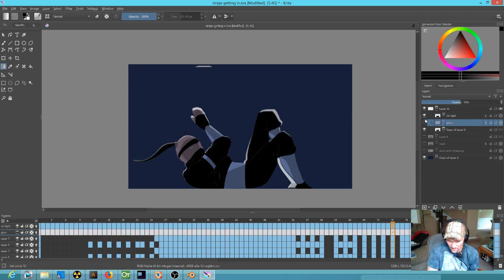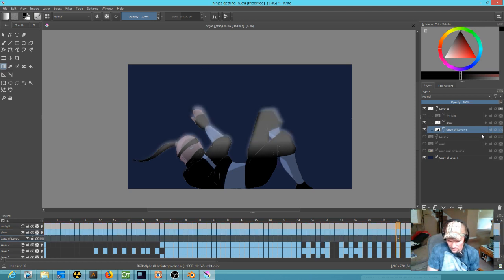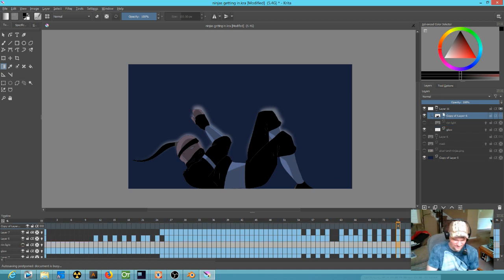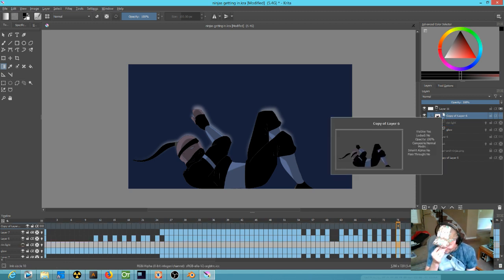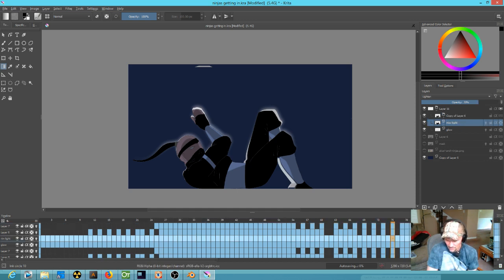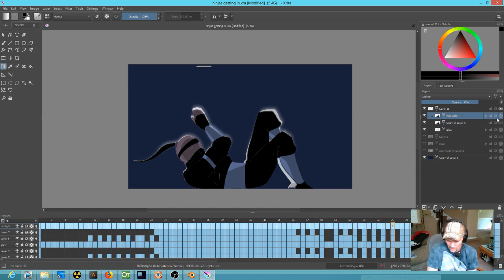What's really funny about it though is, okay, so the glow is on top, so therefore let's drag this up and see what happens. Okay, so now the glow is behind. So I was wrong. So Krita is calculating from top to bottom. Okay, and this does need to be alpha locked, but it can't be. Okay, so if we drag it up here and then alpha lock it,